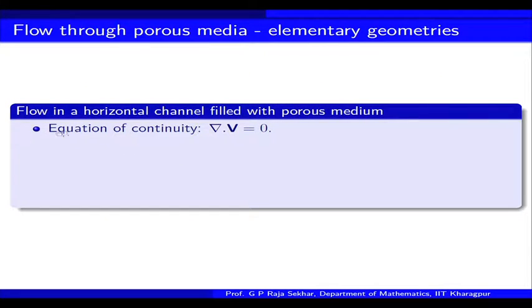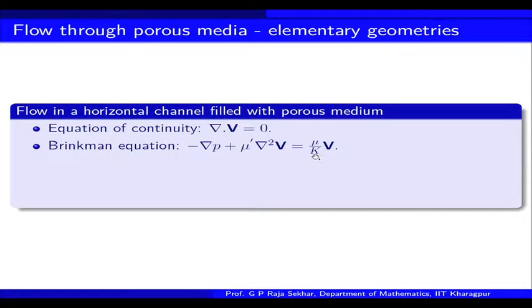So, the first case is flow in a horizontal channel filled with porous medium. As usual, we are considering a steady viscous incompressible flow. This is the corresponding equation of continuity, and then we are going to discuss while assuming a Brinkman equation for the flow inside the porous media. So, this is the pressure force and this is the viscous force,